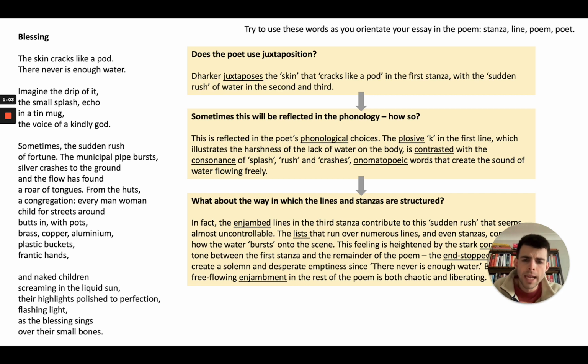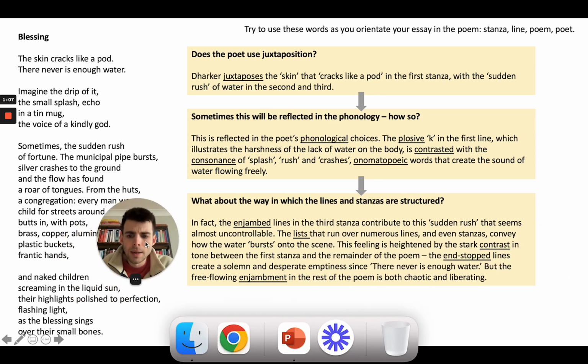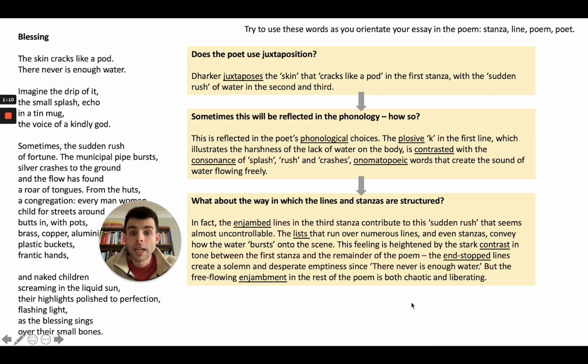You can read through it. A little note before we start, which is that when you're writing, do try to use the words stanza, line, poem, poet, just so that you're using the language of poetic analysis. So it's fine to use writer or author, but generally speaking, when we're thinking about a poem, it would be poet. And also really do avoid using verse or paragraph or sentence, unless you are talking about the sentence within the poem.